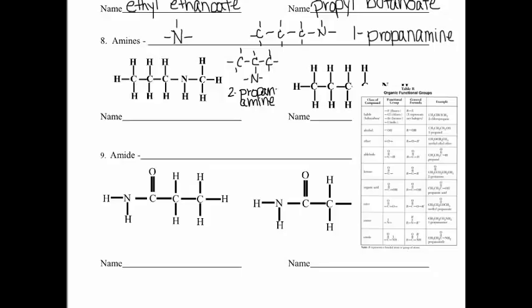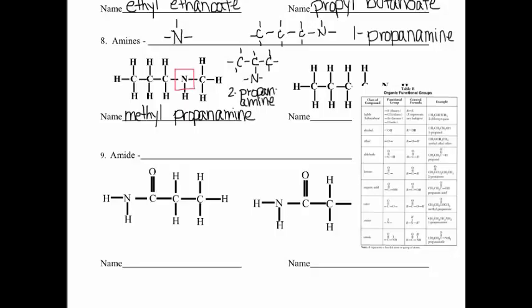Okay, so let's look at our first example. We have a nitrogen, so we have an amine. In this case, the nitrogen has 2 chains. So when we go to name this, this is going to be a branch. The shorter one is always a branch, and then the longer one is going to get that amine part of the name. So we have a 1-carbon branch, so that'll be methyl. And then on this side we have 3 carbons, so that would be propane, except we're going to drop the E and add amine,